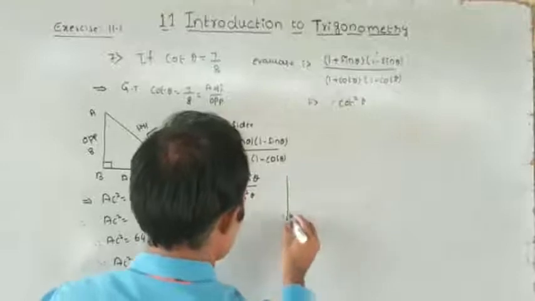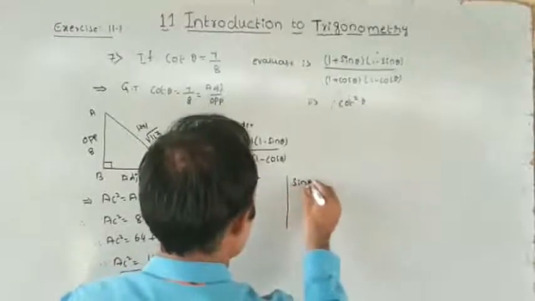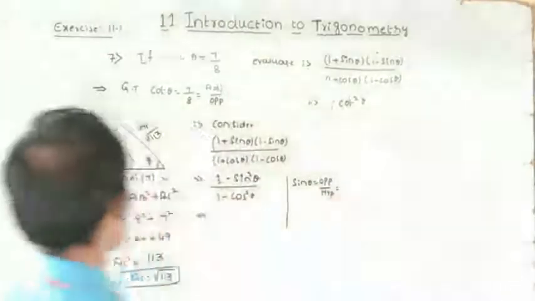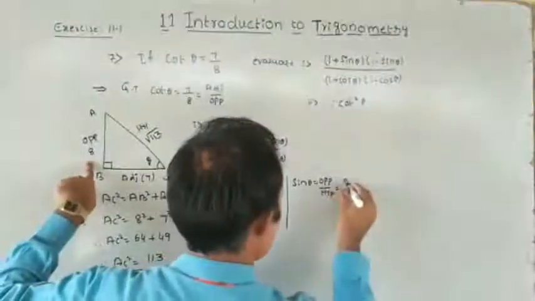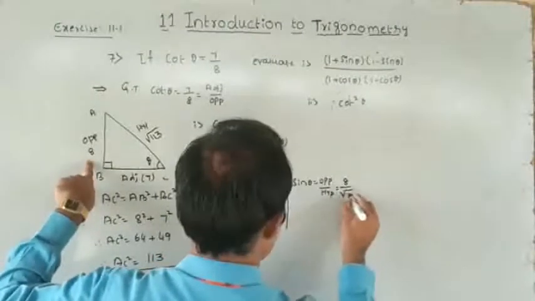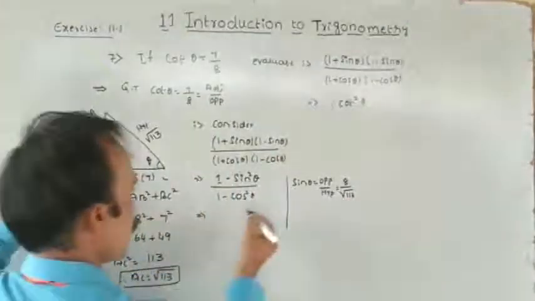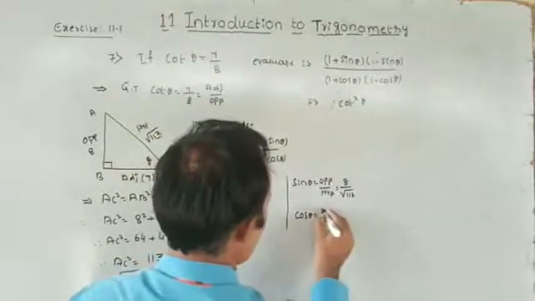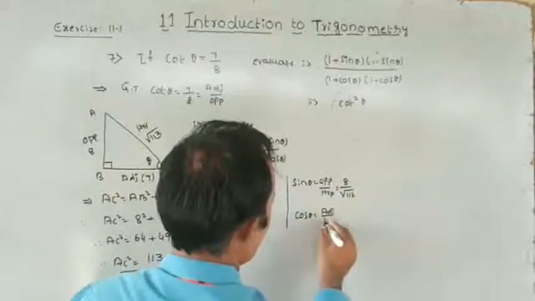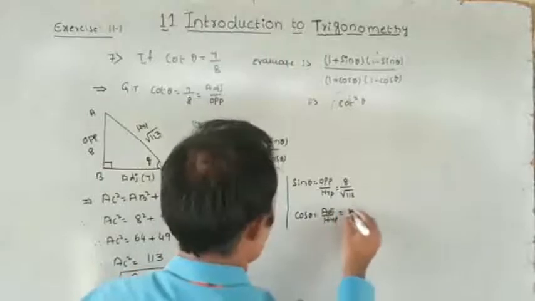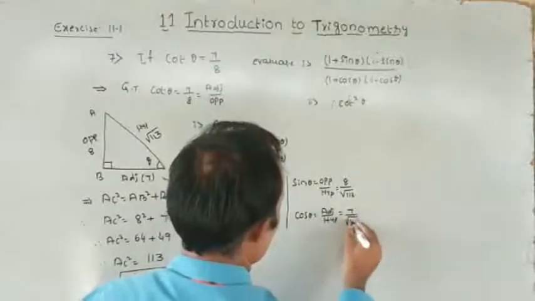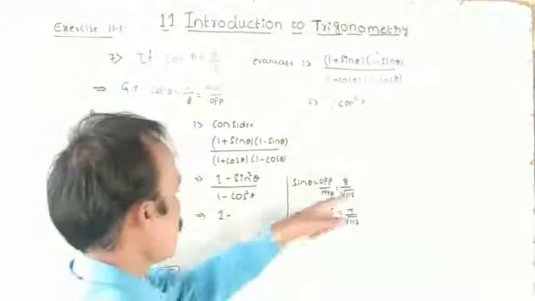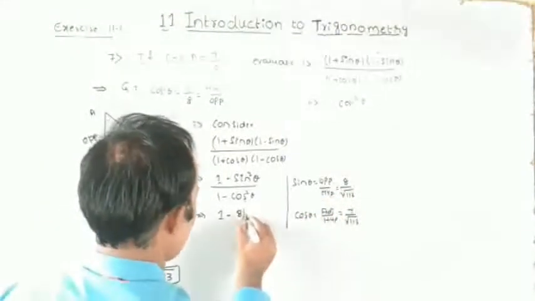Which implies, find the value of sin theta now. What is the value of sin theta? From the trigonometric ratios, sin theta is equal to opposite divided by hypotenuse. What is the value of opposite? 8 divided by the hypotenuse value, that is root 113. Similarly, in the denominator, what do we want? Cos theta. So find the value of cos theta here. Adjacent divided by hypotenuse. So this is equal to 7 divided by root of 113. Now 1 minus, replace this value. So 8 divided by root of